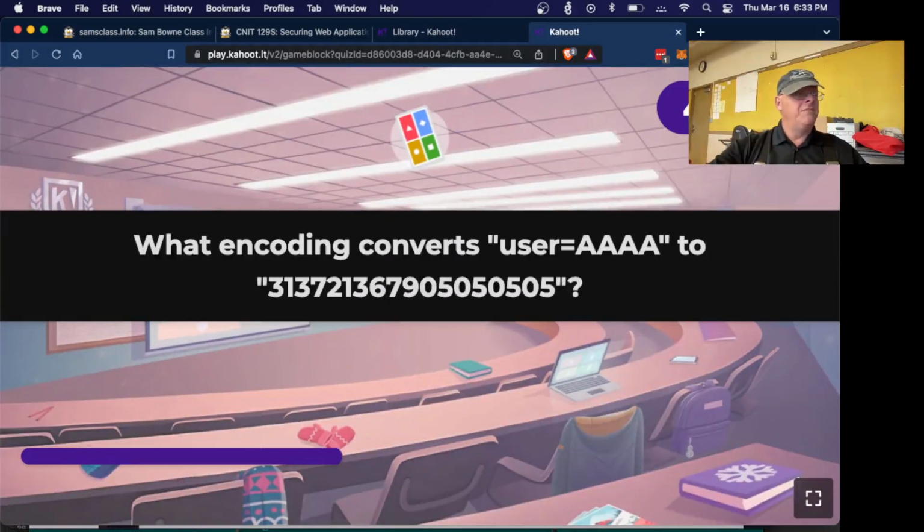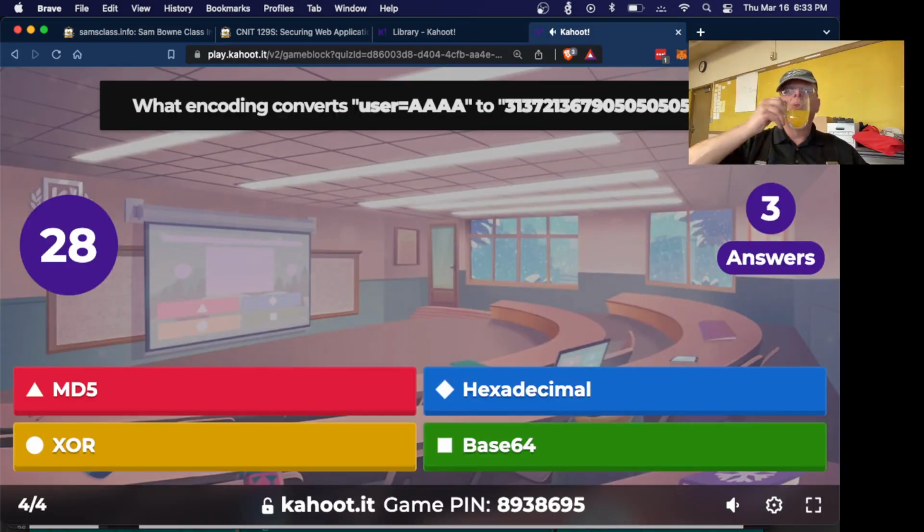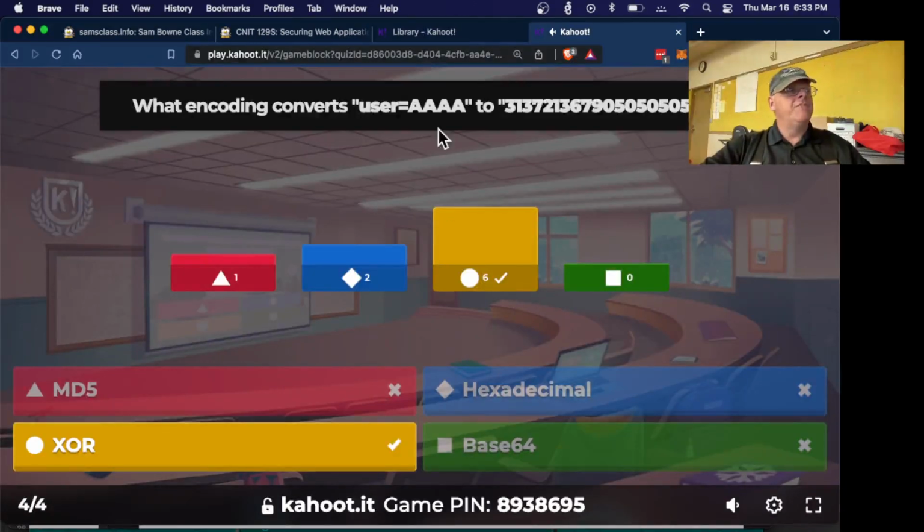All right, how about that one? Okay, you can spot the AAAA has turned into 50-50 or 5555, so each character is being encoded one by one and changed.